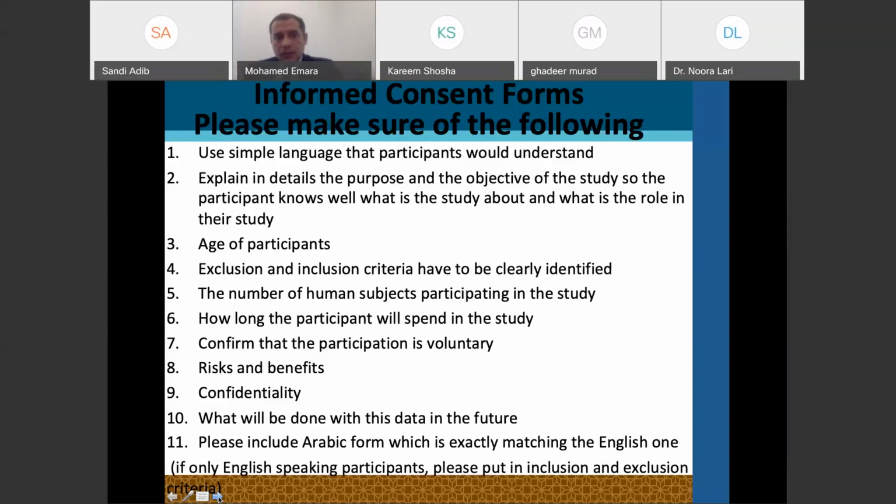And again, I'm repeating myself, we're going to have a template, which inshallah will be very clear for you guys, and will help you as a guideline for all the needed and essential parts of the informed consent form. However, in some cases, in some applications, we might ask you to clarify some stuff. No harm in this, guys.